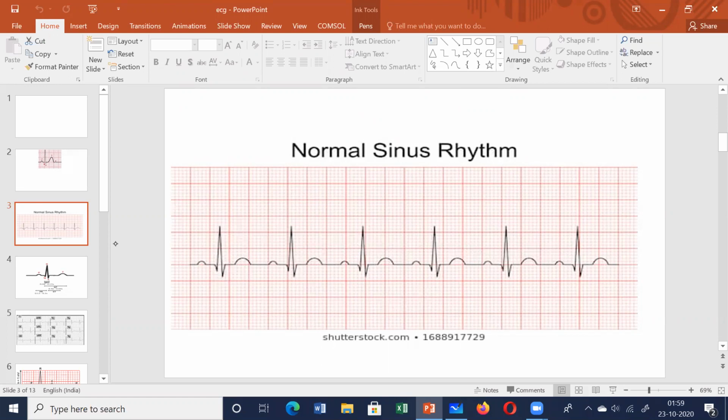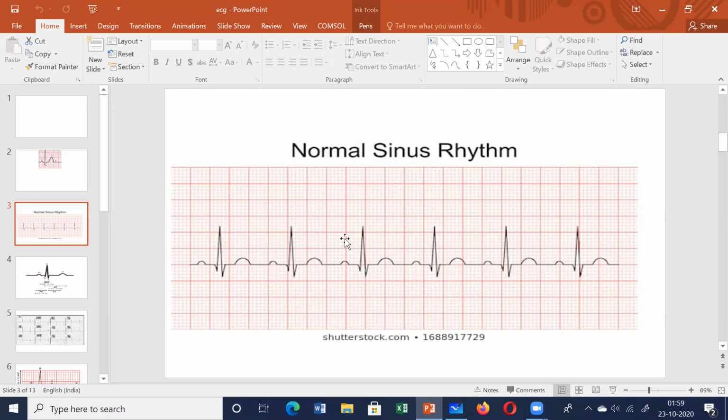So what is an ECG? An ECG is a method of graphing. This is simply a graphic tracing of the electric current which is generated by the heart muscle. During a heartbeat, the heart muscle generates an electric current, and this electric current is recorded by an instrument called the electrocardiograph. Electrocardiography is an important diagnostic tool for heart disease.